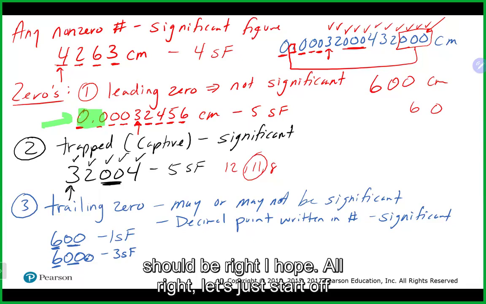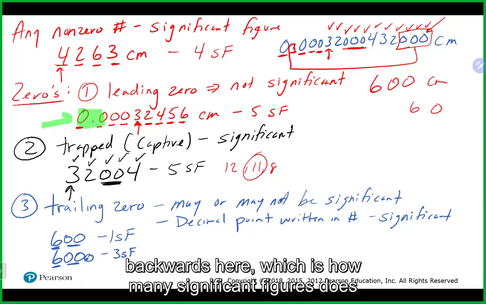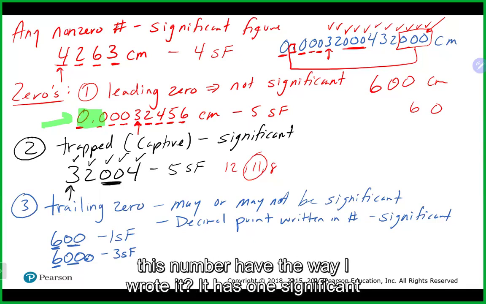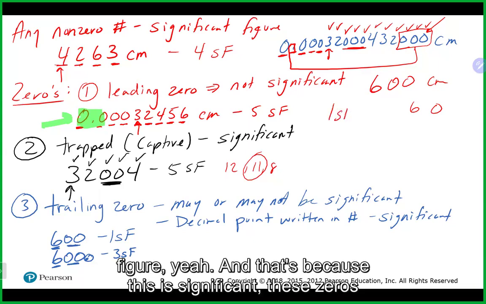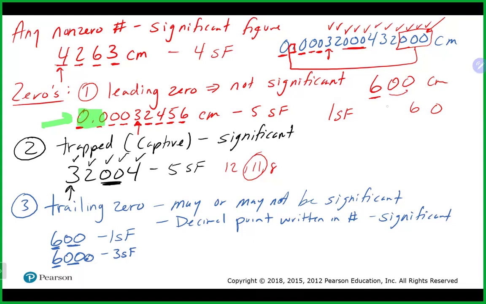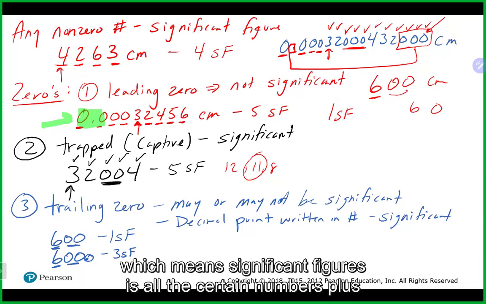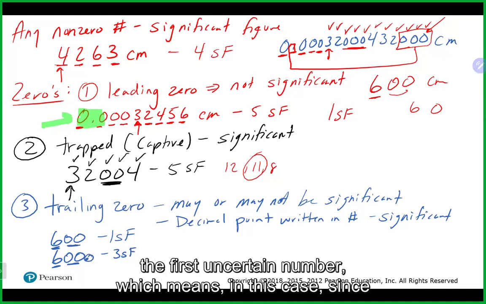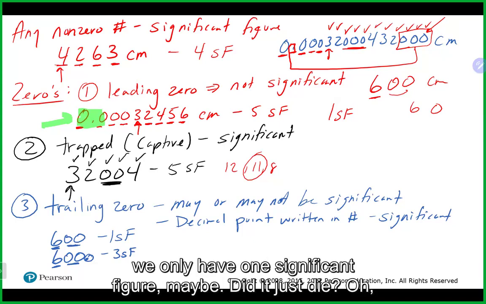Let's start off backwards here: how many significant figures does this number have, the way I wrote it? It has 1 significant figure, and that's because this 6 is significant. These zeros are not, because there's no decimal point written, correct? Significant figures are all the certain numbers plus the first uncertain number, which means in this case, since we only have 1 significant figure,